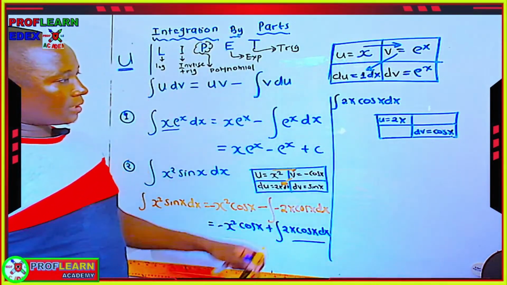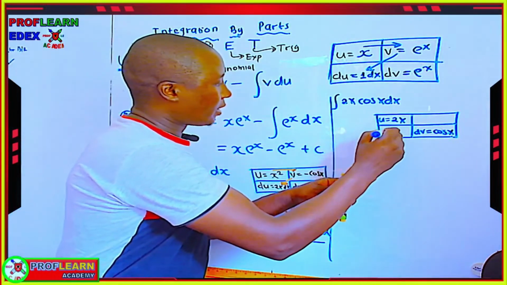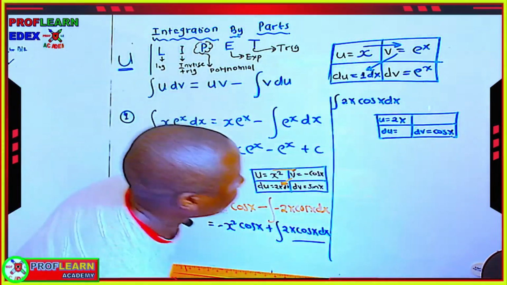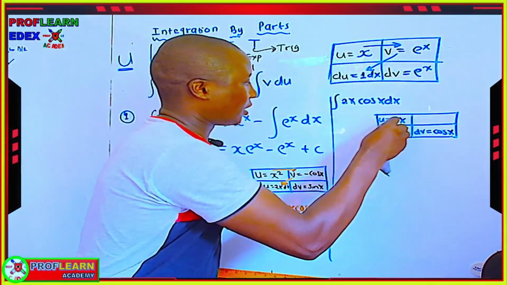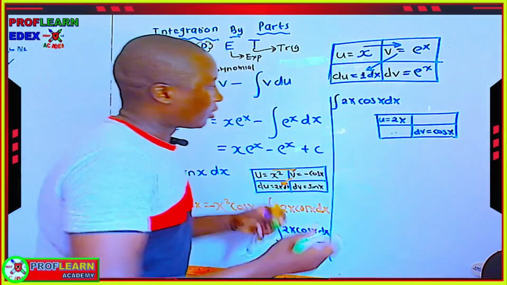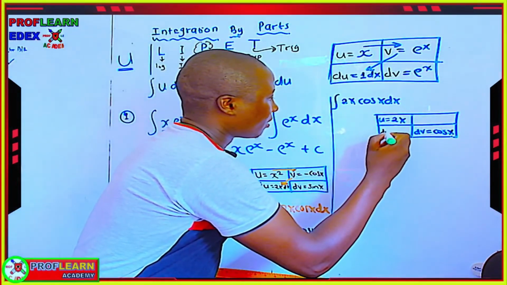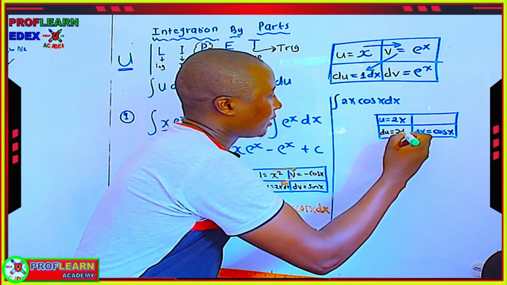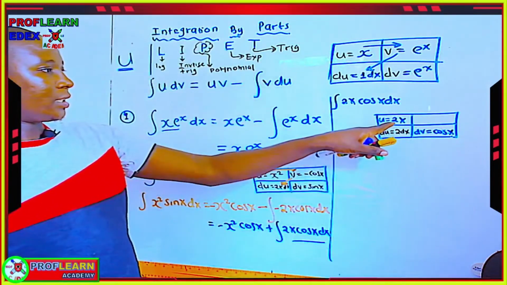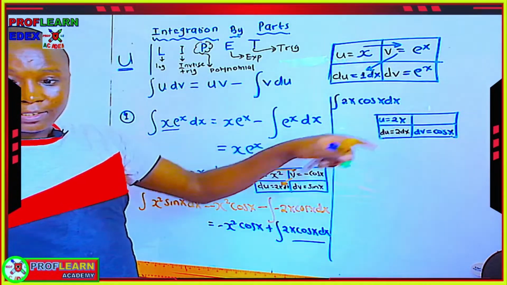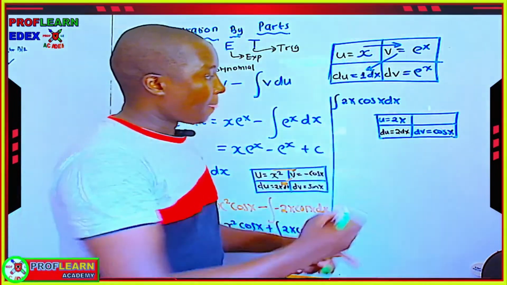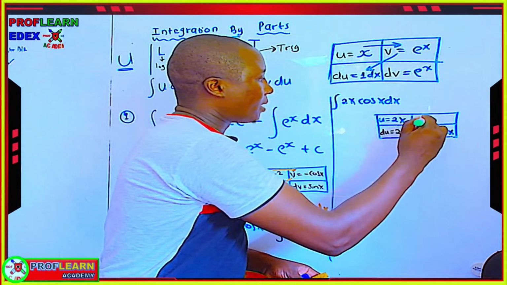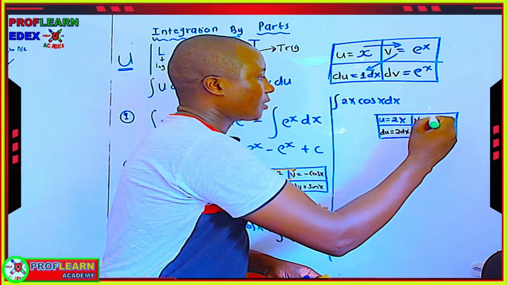Now with that, we are going to find du here. What will be du? If we differentiate this part, we are going to have du equals 2 dx, because if you differentiate 2x, you are going to get 2,